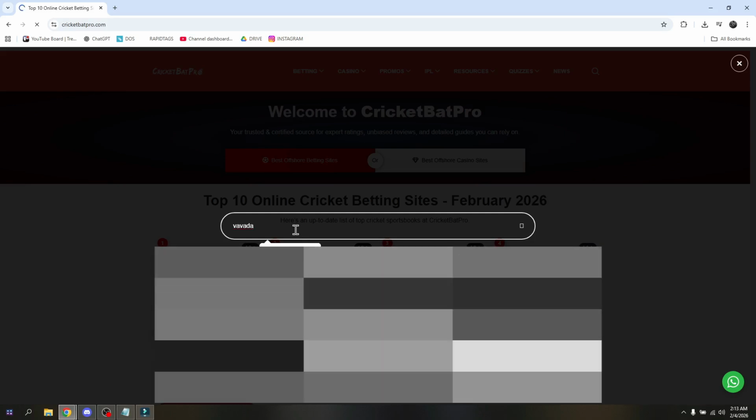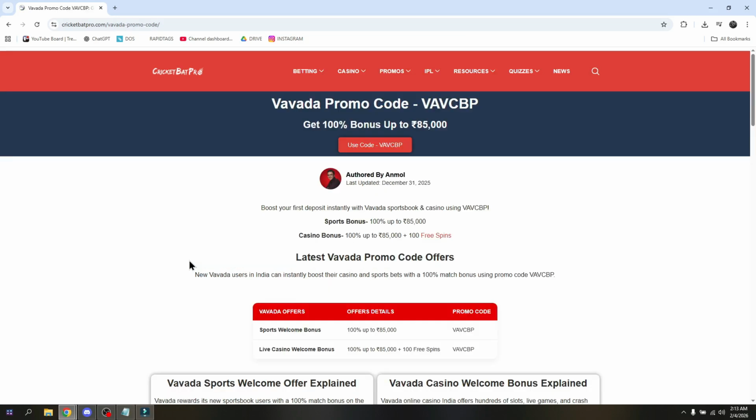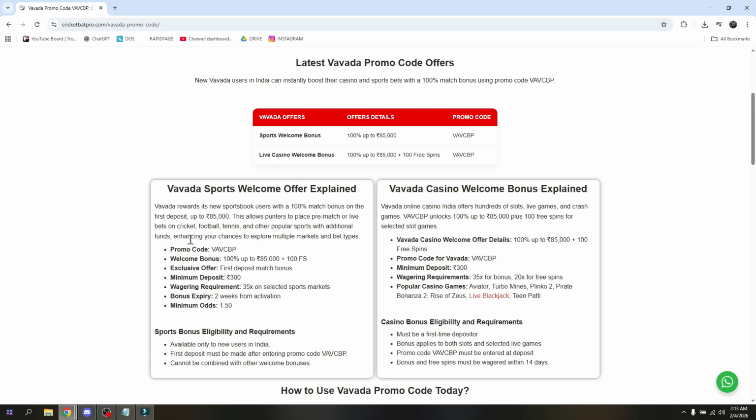Hit enter. Now you're going to be seeing a lot of results here, but what you have to choose is the Vavada promo code and click on read more. So if you scroll down, you should be able to see these unique codes indicated on your screen. All you have to do is to use these codes and then have it pasted into Vavada's official site for you to